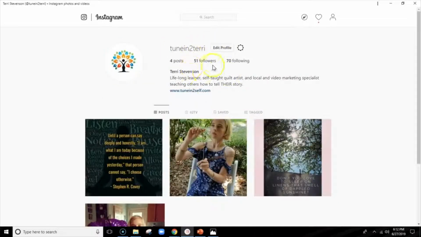So make sure you keep a running list, and when you get inspired about a new hashtag, come here, check it out to see who's using it, and choose the hashtags according to the size of market that is reasonable for you to capture at this time.